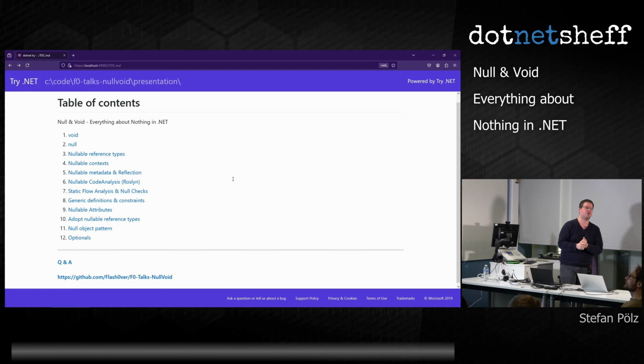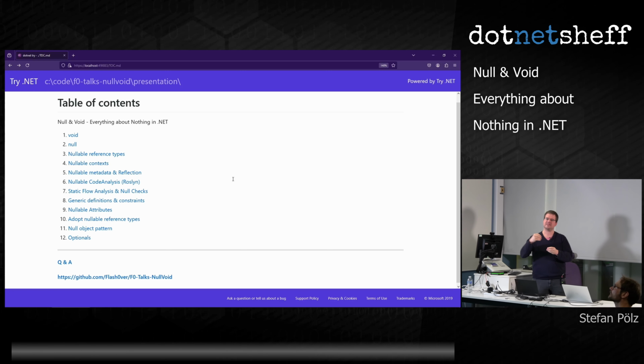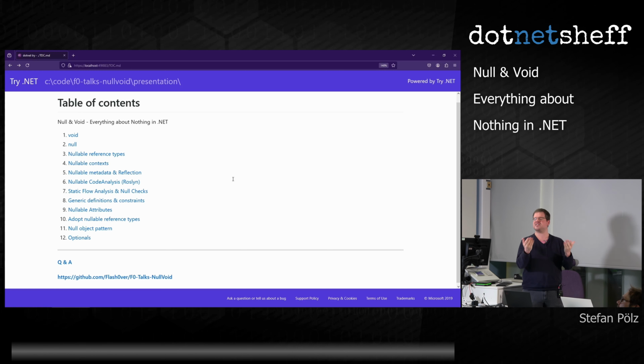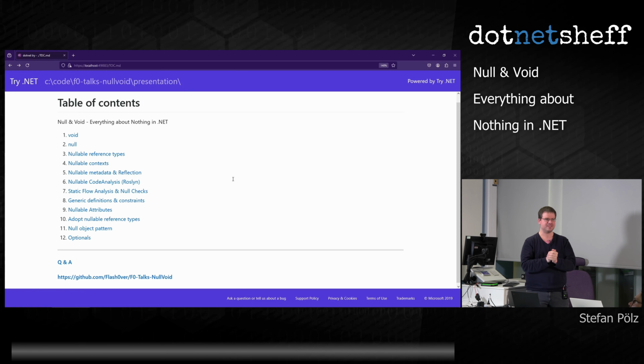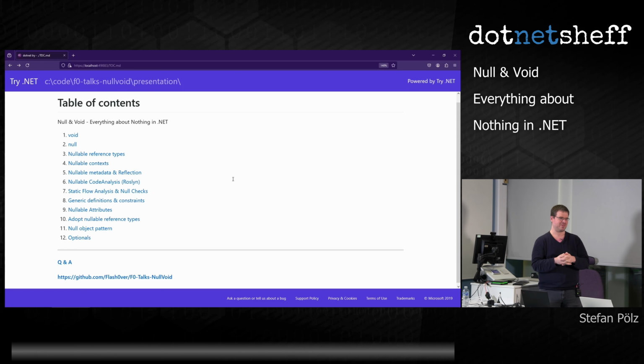Welcome to Null and Void, everything about nothing in .NET. We will mainly talk about what was added in C# 8, the nullable reference types feature, which basically enables us to have a question mark next to reference types. But there is a whole lot of dimension to it, and we will dive deep also into how the compiler team has implemented this feature. So you could also inspect these for advanced use cases at runtime, or maybe also at compile time by writing your own compiler plugins. There will be a little bit about Void,